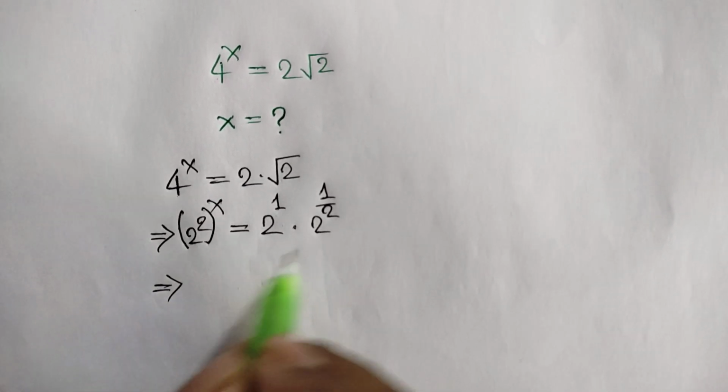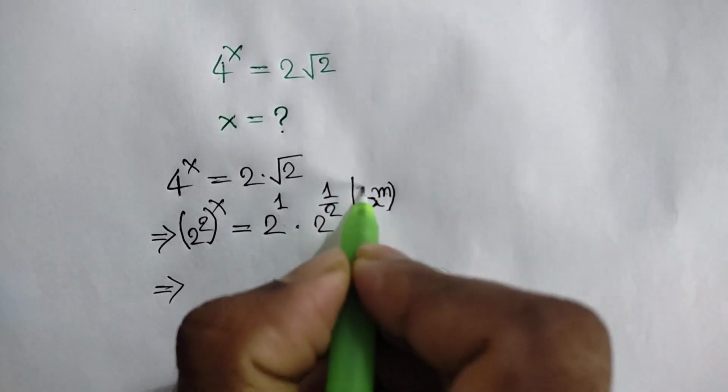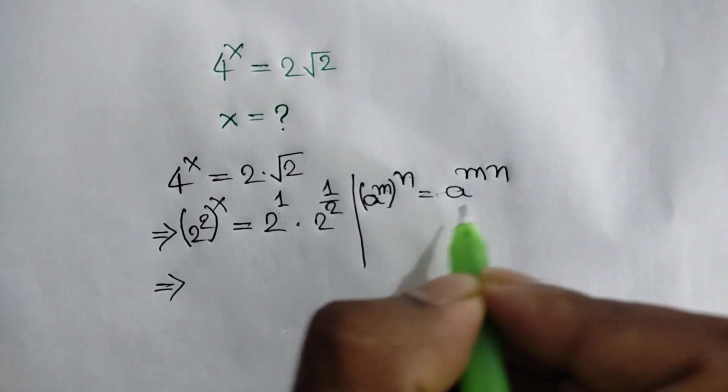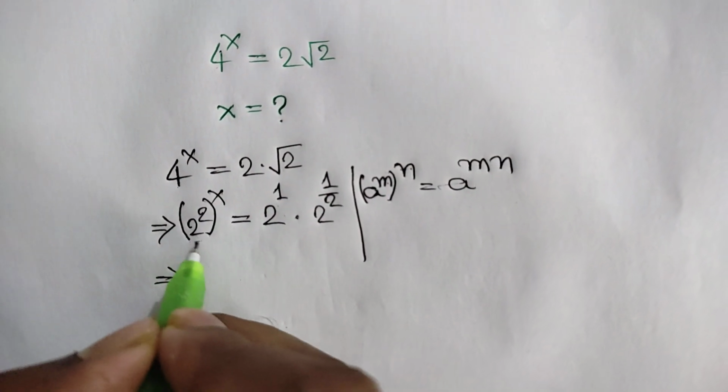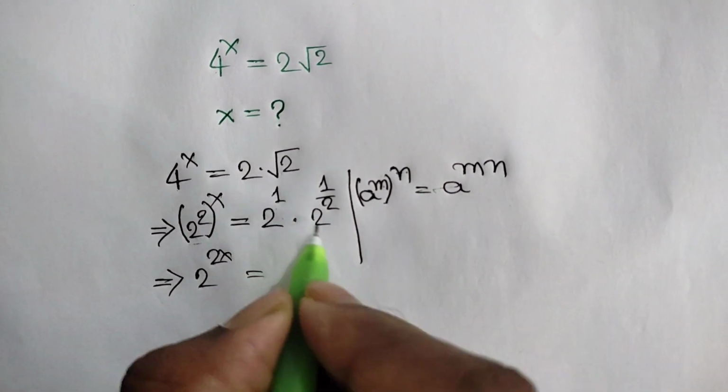or here we can apply this exponents rule: a to the power m, whole to the power n, is equal to a to the power mn. Apply this rule, here we can write 2 to the power 2x is equal to, and here we can write